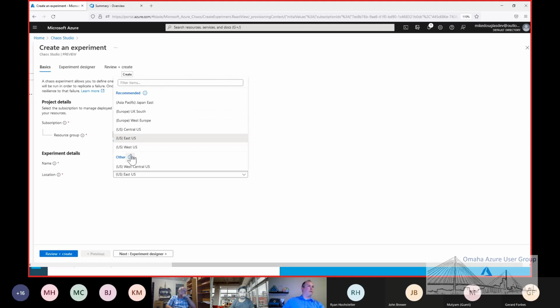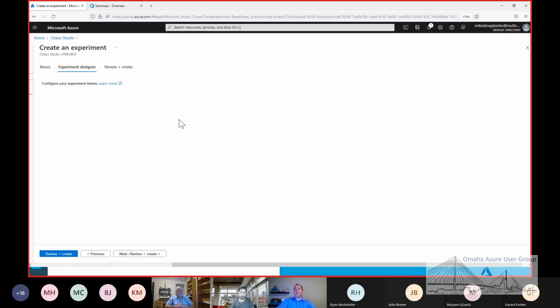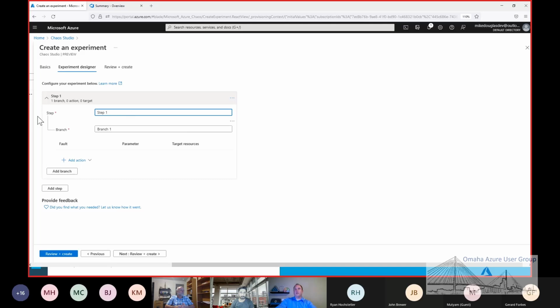Not all of the regions are available at this point because this is in preview. You can see up there, we do have Central US. It is free to use right now, I think at least until or through April. I remember hearing, so that's one cool thing, after that it's going to be more consumption based. So here then we get to the experiment designer,